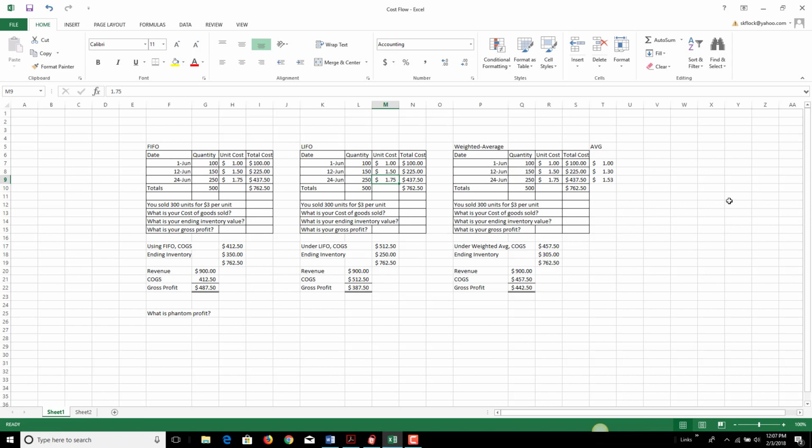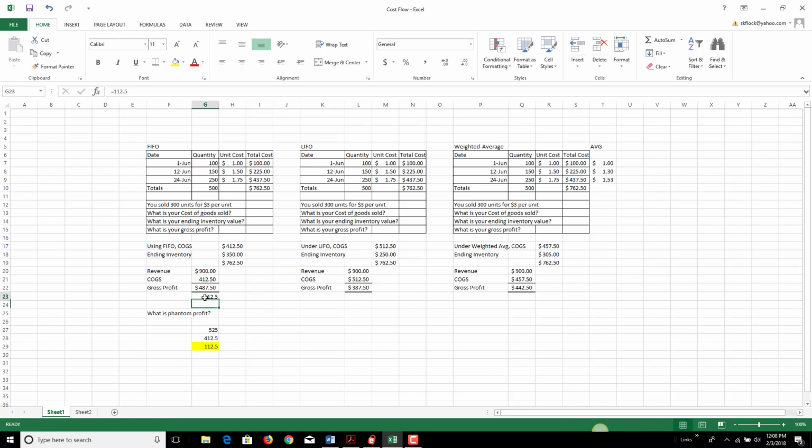So the difference between my cost of goods sold, let's just see here. If I have 300 units and I've got to pay $1.75, it's going to cost me $525 to replace that inventory. So if I look at my cost of goods sold, this minus this, that's $112.50. That is my phantom profit right there, because out of the $900 the customer paid me and the $412.50 that I recorded as cost of goods sold, my gross profit is $487.50, but I'm losing